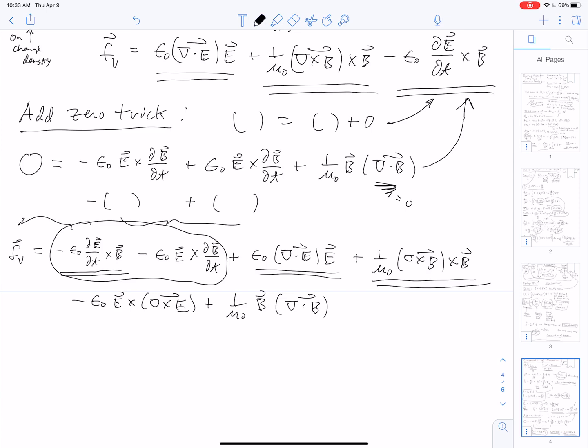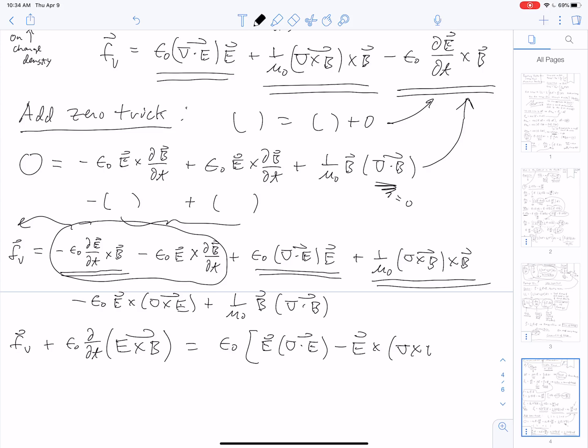I can pull it over to the other side, and I'm going to write it like this. I'm going to say FV, the force per volume, plus epsilon naught d dt of E cross B is equal to all that other stuff: epsilon naught times E times del dot E minus E cross del cross E,